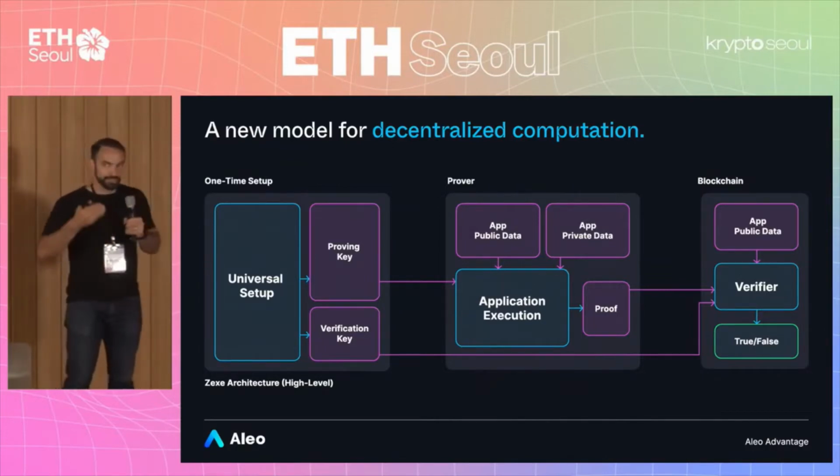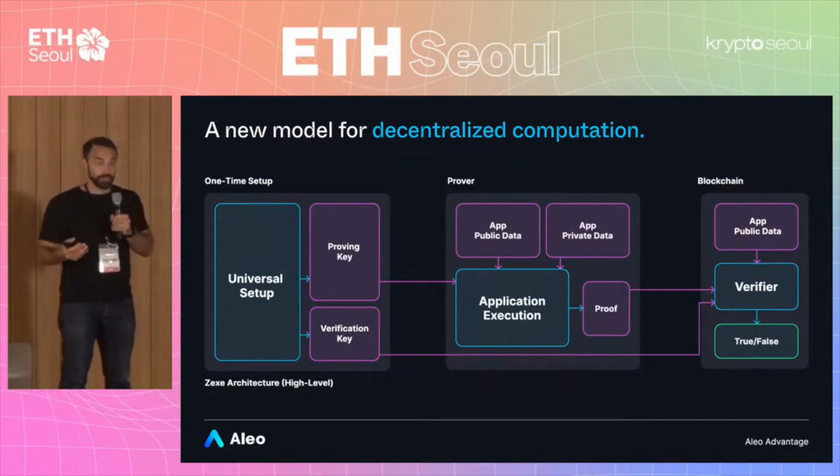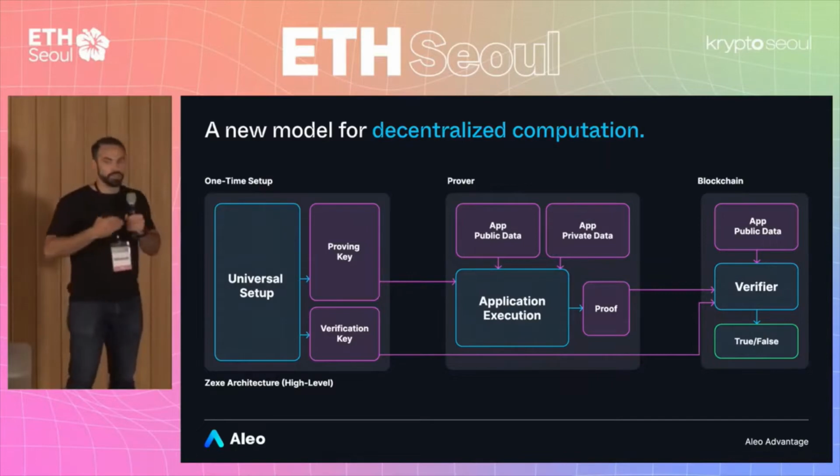And Zexe, the model, is that exact same thing, except instead of just payments, there's this additional parameter that a record has, which is a program ID. And this opens up the door to being able to define user-defined or developer-defined predicates. So instead of just I pay you, you pay me, we can have more complex logic in there and have the proof represent that.